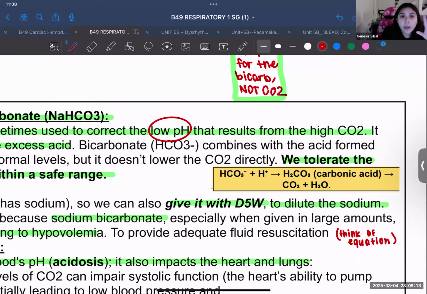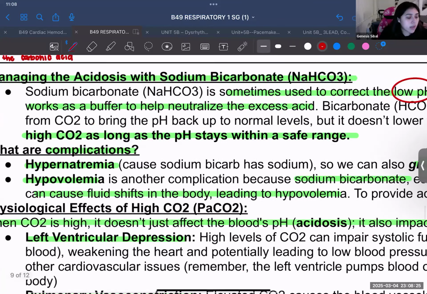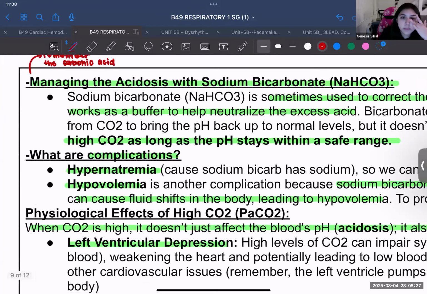That's more of the chemistry behind it, and I had to explain it for ICU, but I remember when I was explaining it, I was like, oh, so this is where we get the complication from. So it more has to do with chemistry. Again, you don't have to know that, but I think it does help to understand, oh yeah, hypernatremia, and then she talked about this whole equation that we don't have to know.